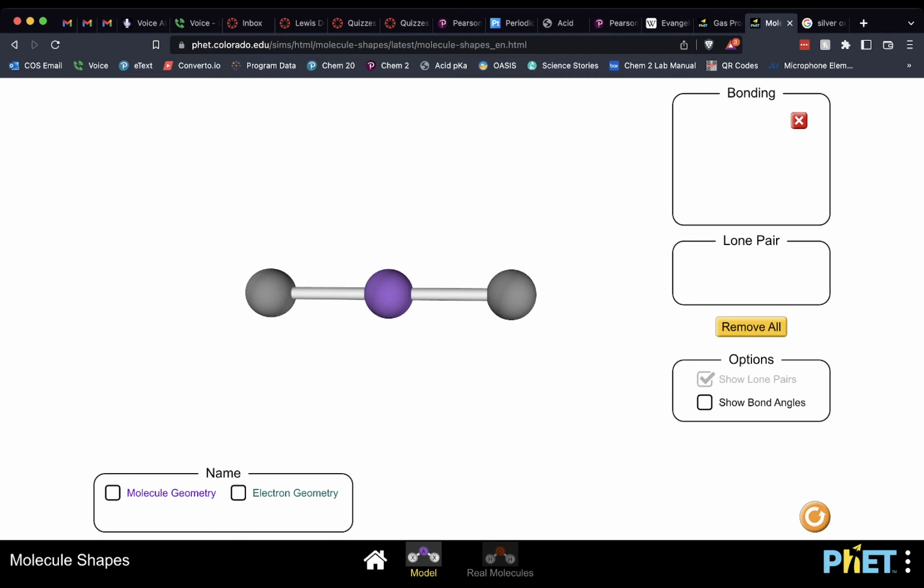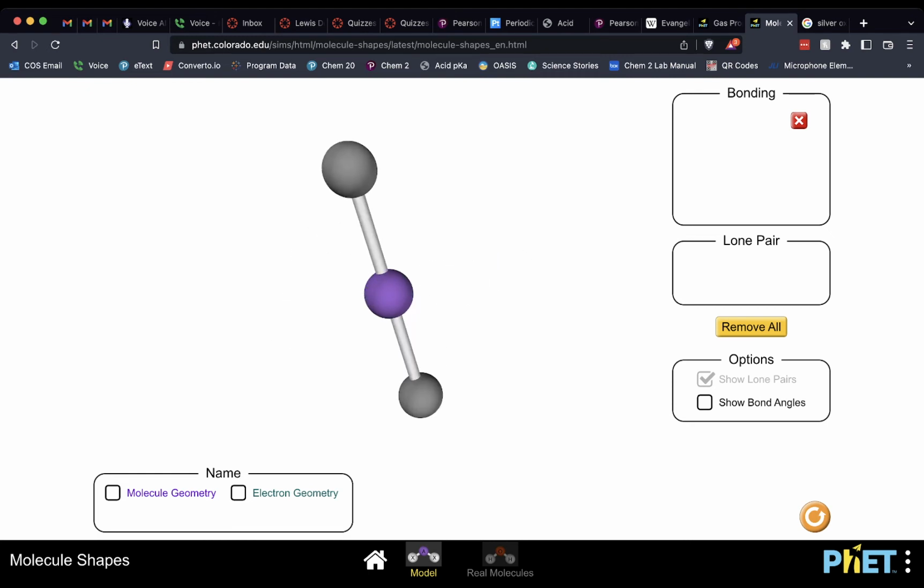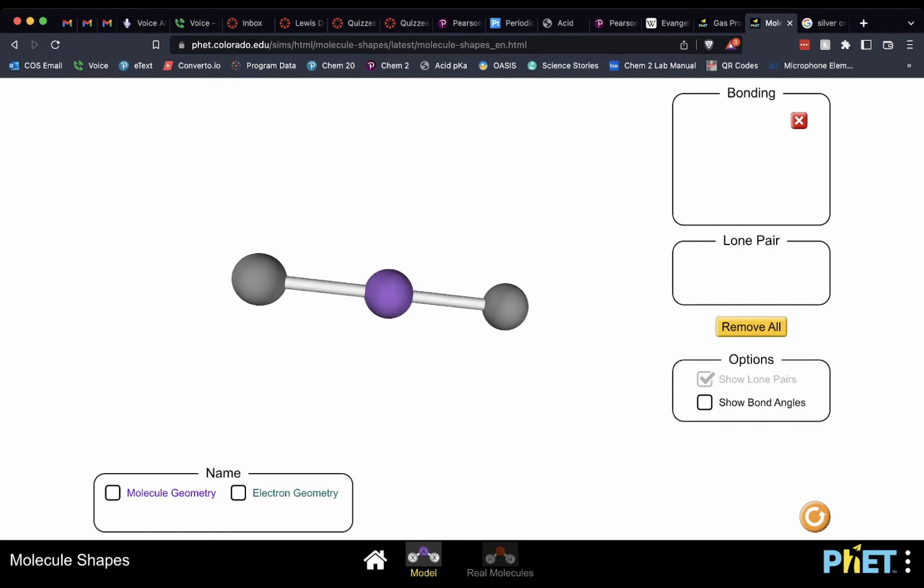You can't just take pictures of these. So this is the CO2, linear. So you turn it like this, right? It's a stick, a straight line. If I add another bond,